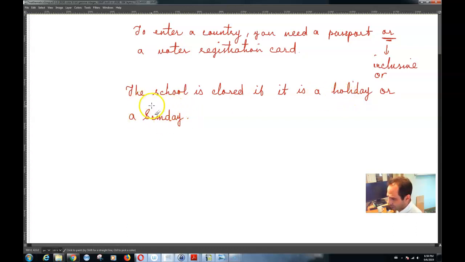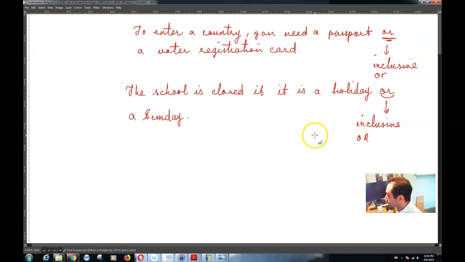Meaning that it can be a Sunday as well as a holiday, or it can be a holiday, or it can be a Sunday. So this or again is an inclusive or. This is again an inclusive or. Now,